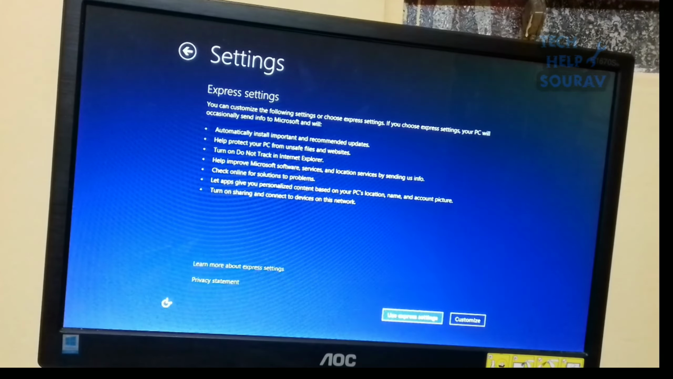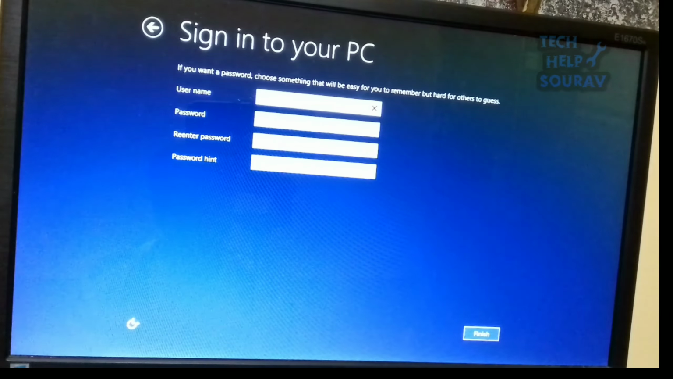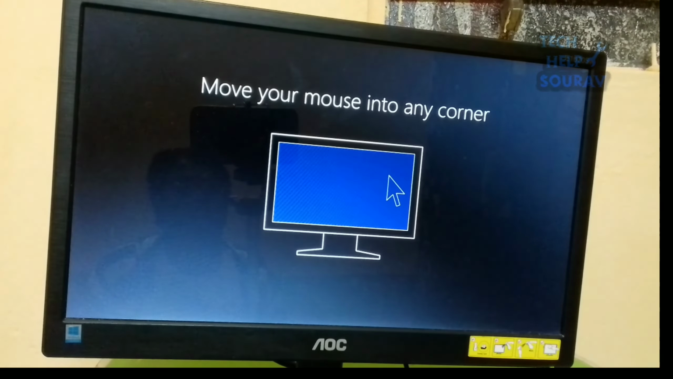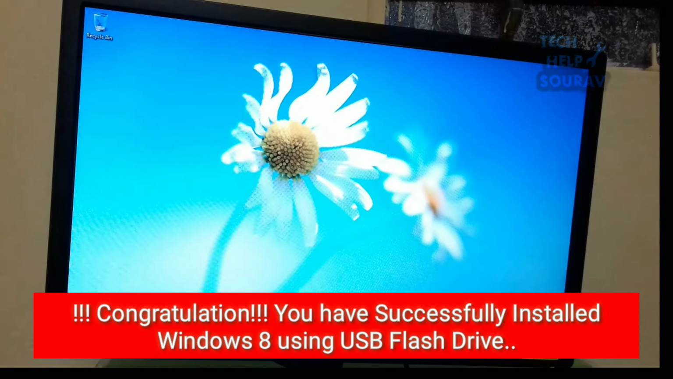Use the express settings. Sign into your PC. Type your username. Wait for a few minutes. Congratulations, you have successfully installed Windows